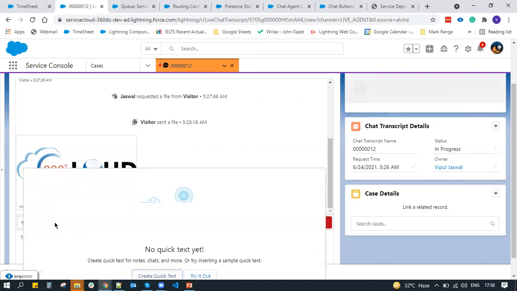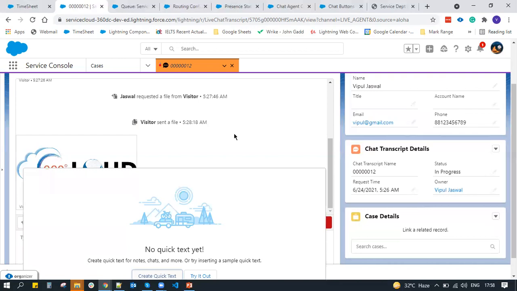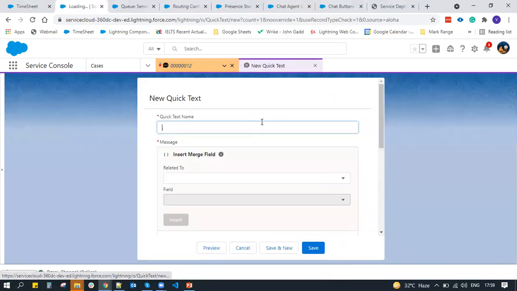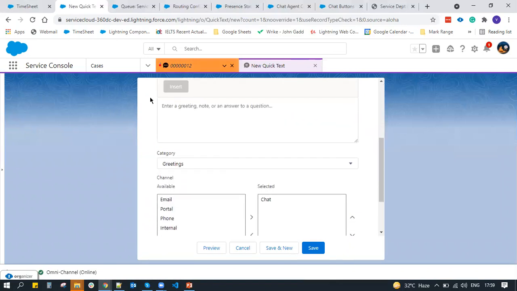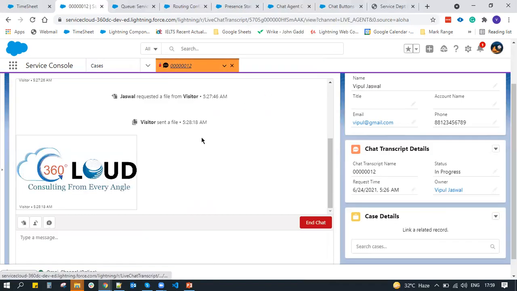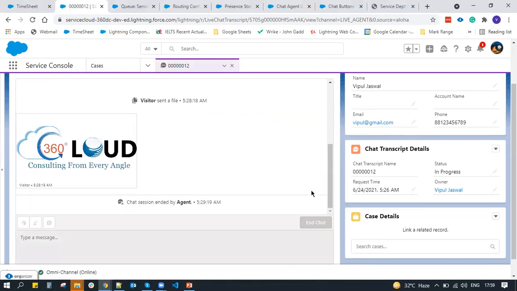And after that, we have quick text. Quick text is something like, for example, you know quick text, what they are. So you can select some kind of predefined text, and just by clicking space and, I guess, full stop, they can open up the quick text, and they can create it here, and they can select that out. So in this way, quick text works. So after that, everything is done. You can just end the chat, and that's it.